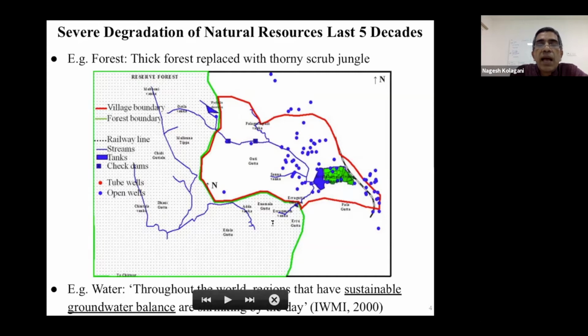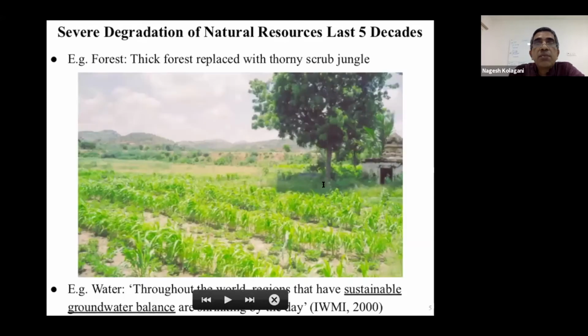Now, as these forests got degraded, 50 years back, till the 60s and 70s, they were reasonably thickly forested, at least till the 40s and 50s. Now all that is left is thorny scrub jungle. When I go to those forests, there is no topsoil left at all for any tree to grow. Only acacia, desert kind of plants can grow. So what happened to all the topsoil? All of it has come along these streams and been deposited in these water bodies. For example, this is a bund, and these are the hills I'm talking about, the forest.